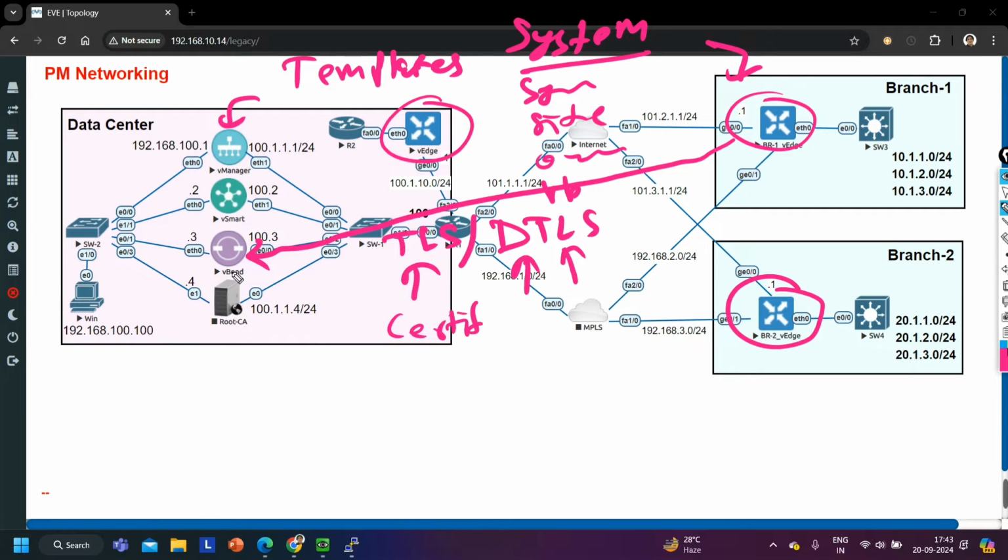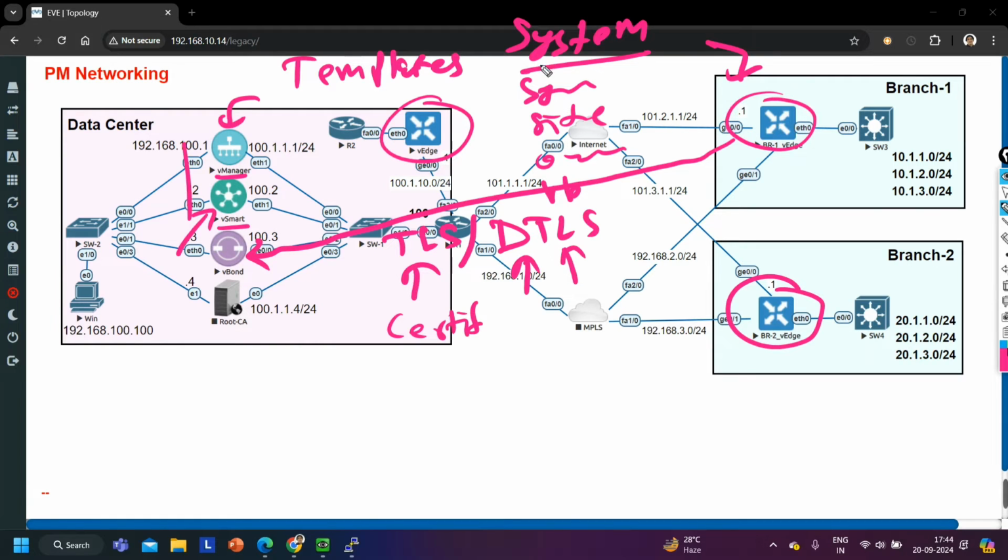And after the authentication, vBond is going to provide the IP address of vSmart and vManage, right? Because these two are the main controllers. vSmart is the controller who is going to manage your control plane, means it will advertise the routes, and vManage is for management traffic, like to configure the devices, to apply the policies,